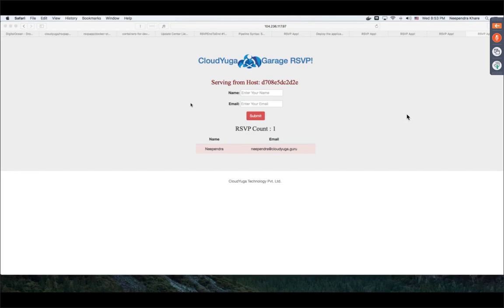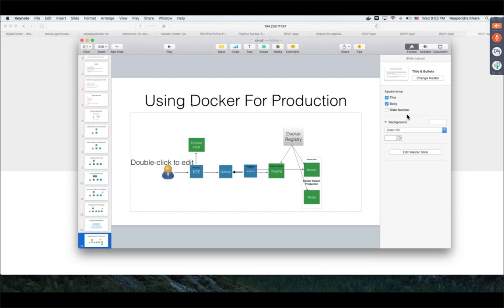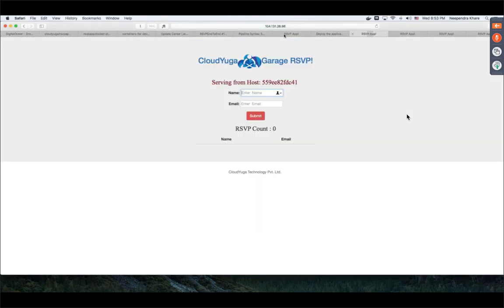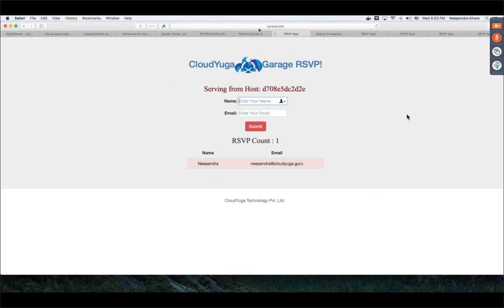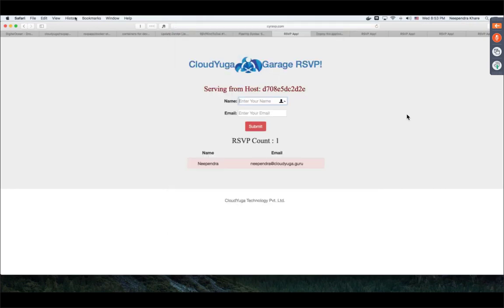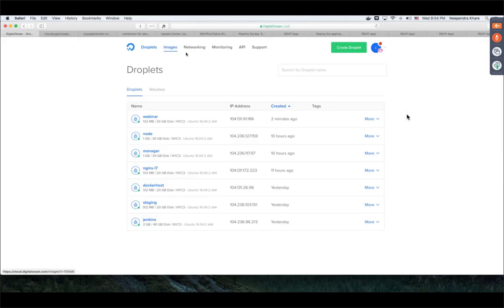But what I have done on top of that setup, I have configured a load balancer using Nginx, and Nginx is pointing to my cyrsgp.com, which basically, once I hit this URL, transfers the load to either the master or the slave node. Okay, and what we can do is